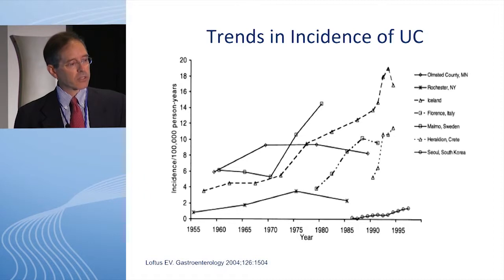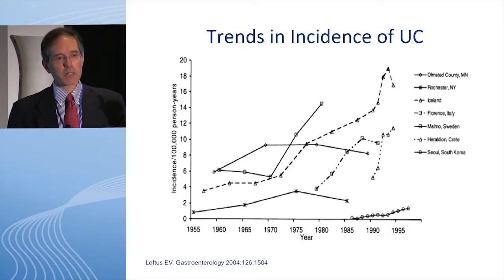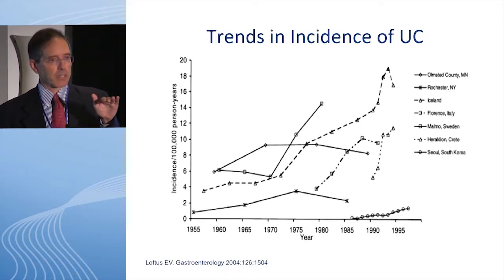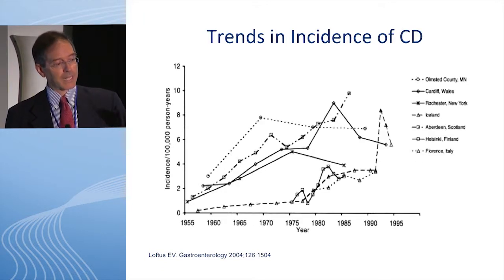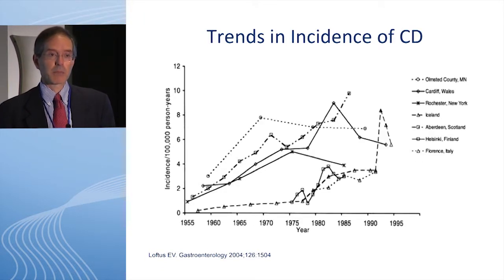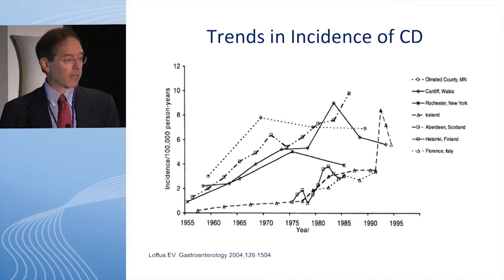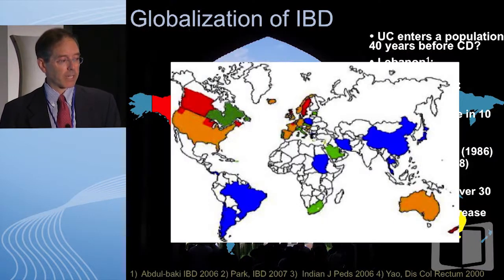So these are things that popped up, the genes didn't change, so what's going on in the environment and what's happened? So when we look at trends, it's certainly been increasing. Maybe this is an incidence, it's probably starting to level off, at least in Western populations, but elsewhere, as we'll talk about, it's increasing. We look at Crohn's, there's similarly been an increase, but we're probably or possibly leveling off in many of our Western populations, but perhaps in other places we are seeing a marked increase.